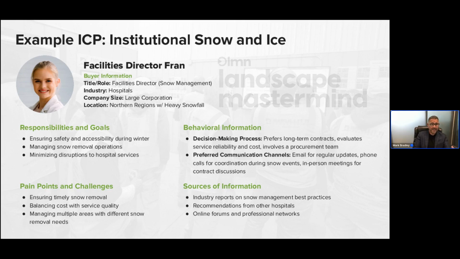Her issue is, I need to find the right contractor who's going to do this. And so I think when we really approach these buyer personas on a more personal level, we can first speak to their needs as an individual, and make sure that they understand that we are the trusted advisor, that we have solved this problem for dozens and dozens of other people who have the exact problem as Fran. And of course, we're going to speak to all of the needs of the hospital because ultimately that's who